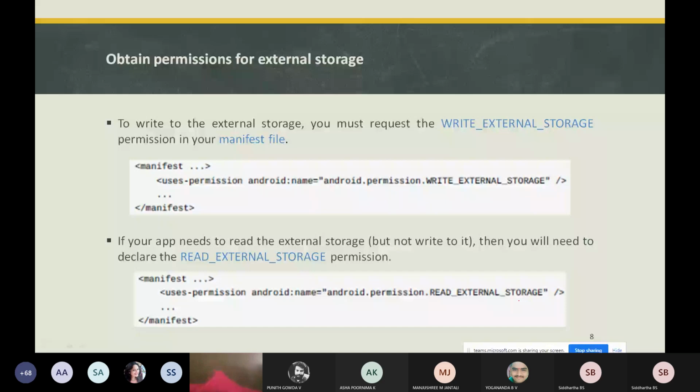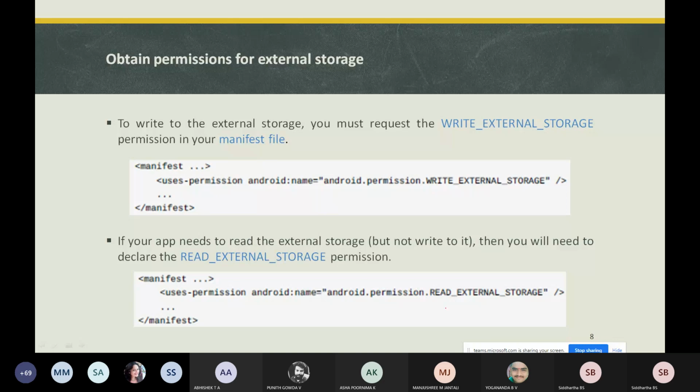Next is obtain permissions for external storage. If you want to write to the external storage, for that you need to have some permission.